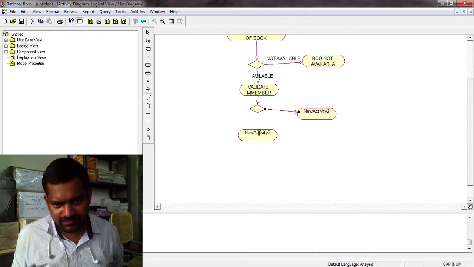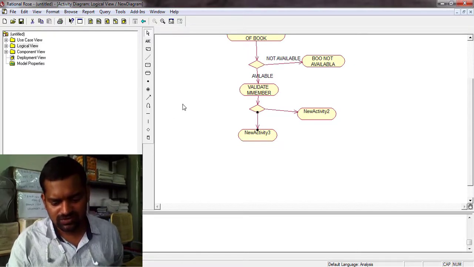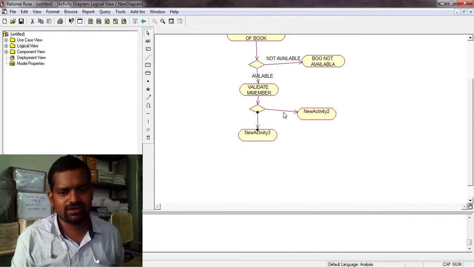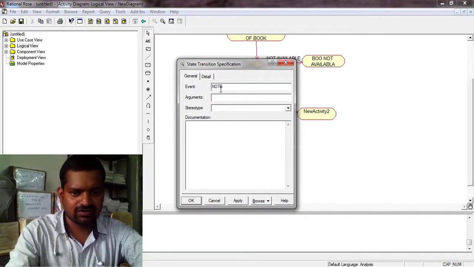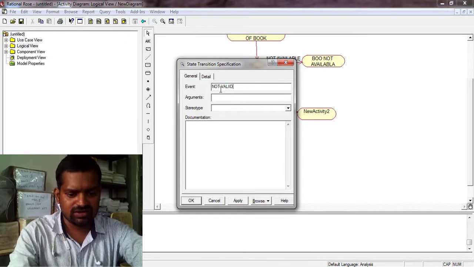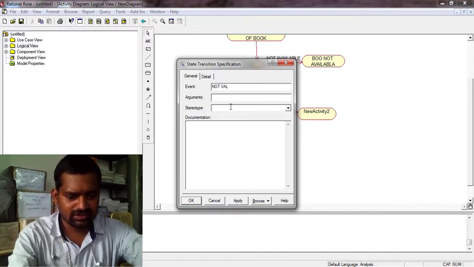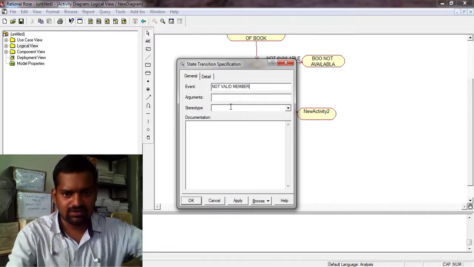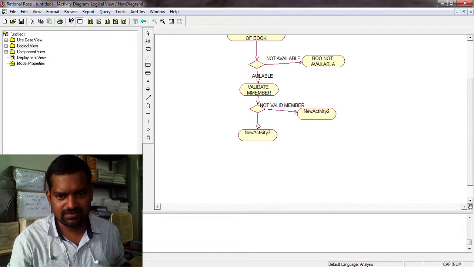If it is not valid, you write some other information, "not valid member." So for not valid, register member.